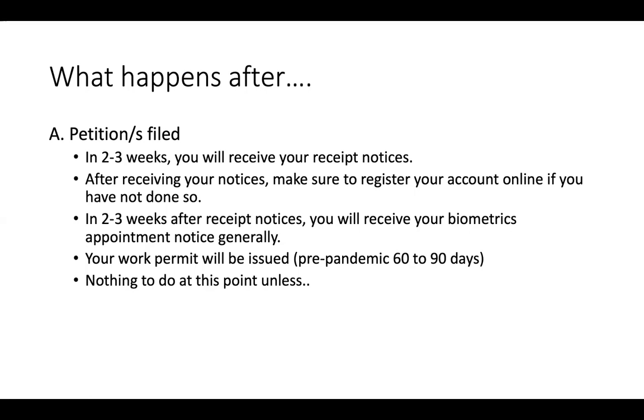Okay? So kahit mag-abang everyday, ganun talaga eh. So it's very important for us. It's very important for our clients. So pag-file ng petition, talagang everyday inaabangan ang receipt notice. Okay, so 2 to 3 weeks, not the following day, 2 to 3 weeks, you will receive your receipt notices,